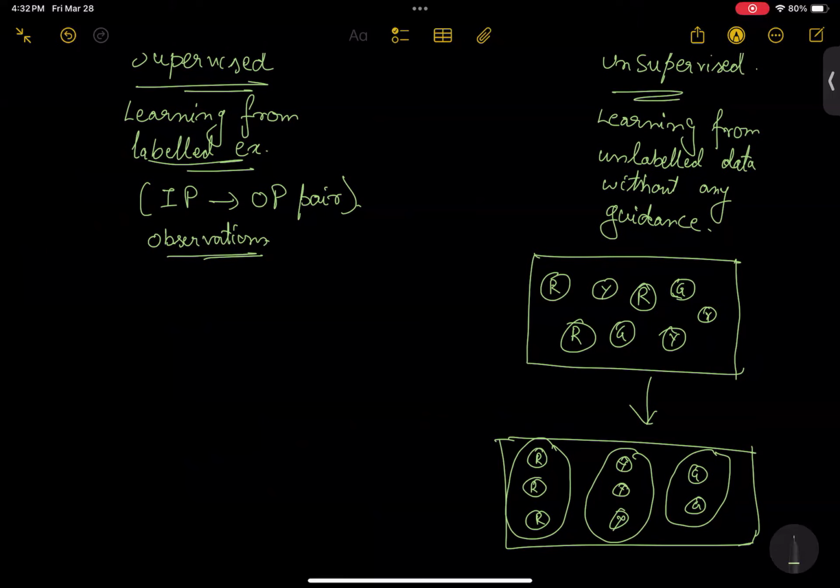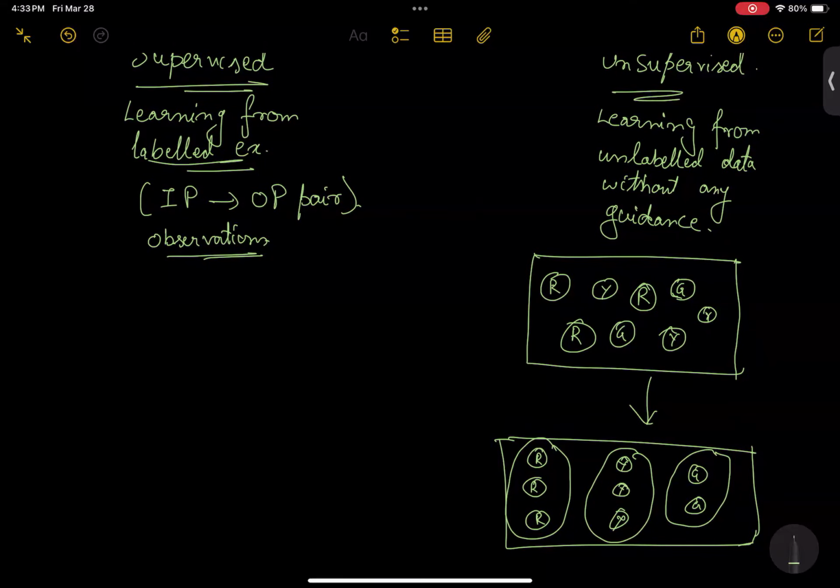For example, you and I are not colorblind. We can distinguish between red, yellow, and green. But somebody who is colorblind might not distinguish between red and green, correct? He can just think that those two are the same color. But I am also a human, he is also a human, you are also a human. So what we are calling the truth, he might not label as the truth. Correct. So that is the main challenge with the unsupervised algorithm, correct?